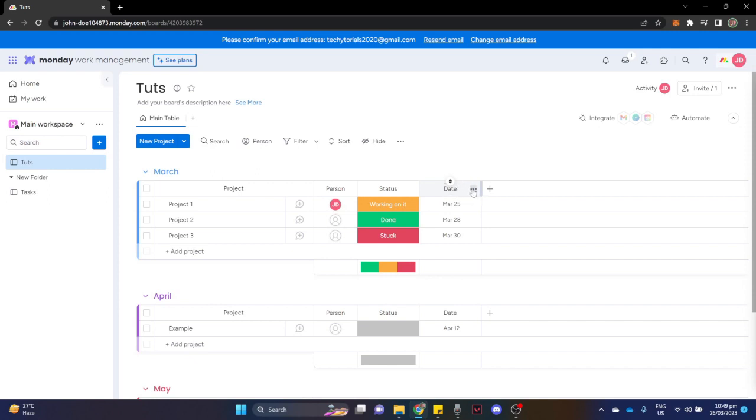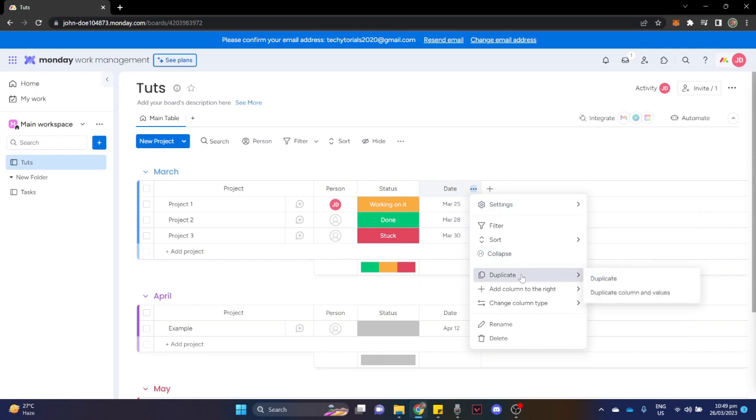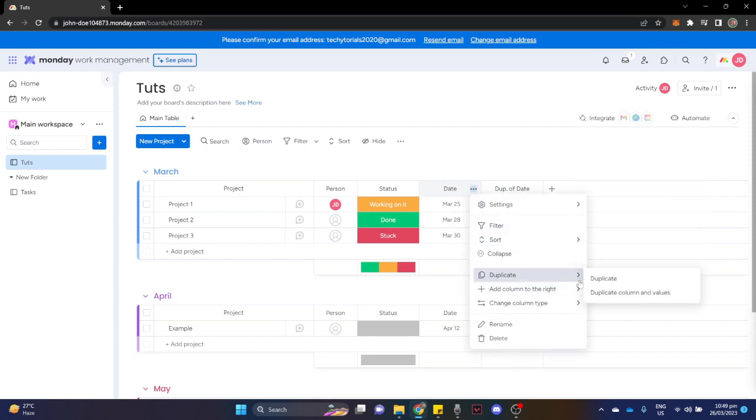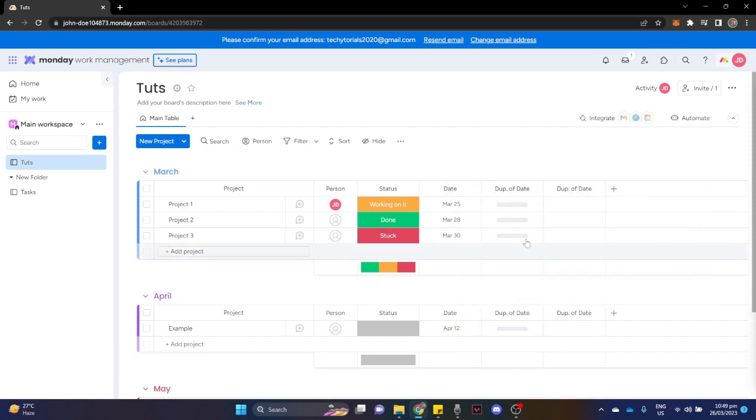this three dots right here, go to duplicate, and right here, you may choose either to duplicate or duplicate column and values. So if you want to choose duplicate, then you will only have that column without the values. But if you choose duplicate column and values, you may also have mirrored or duplicated the values of that specific